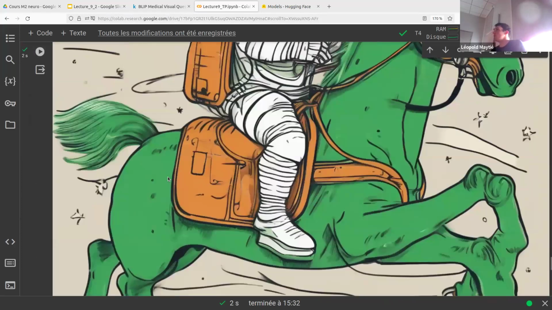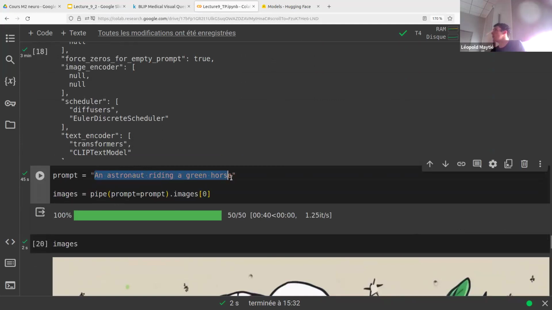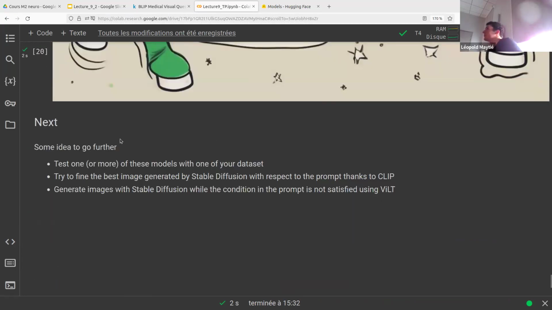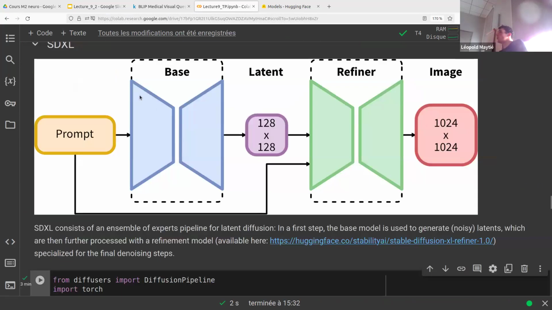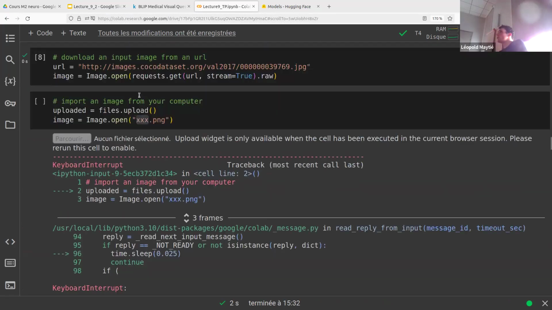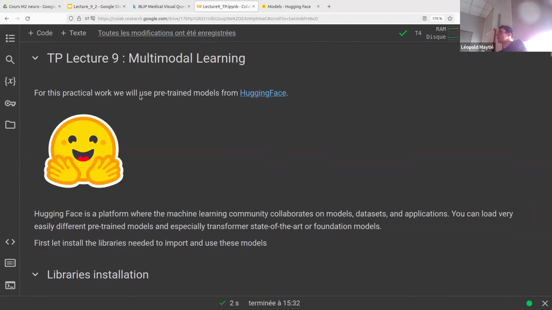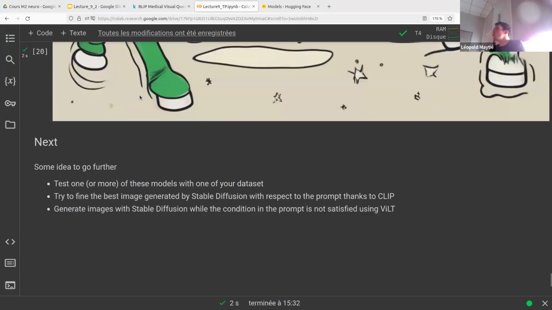But you can play with it, enter different prompts here, and it will generate other images at your demand. So these are the four models that I showed you. And if you want to go further for the evaluation, for example, with this practical work,